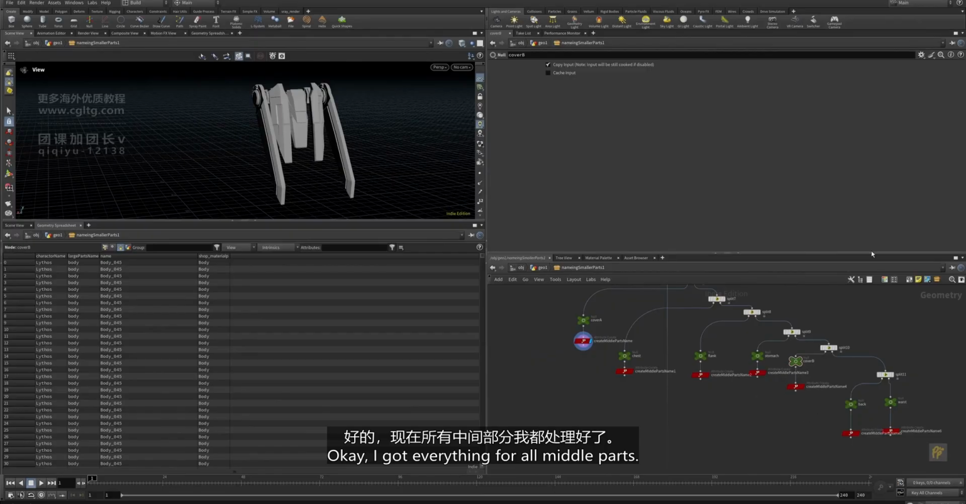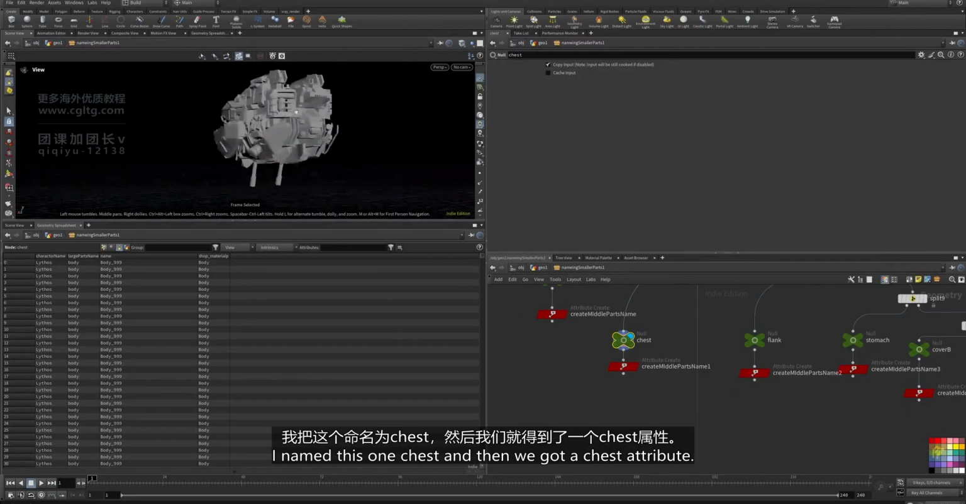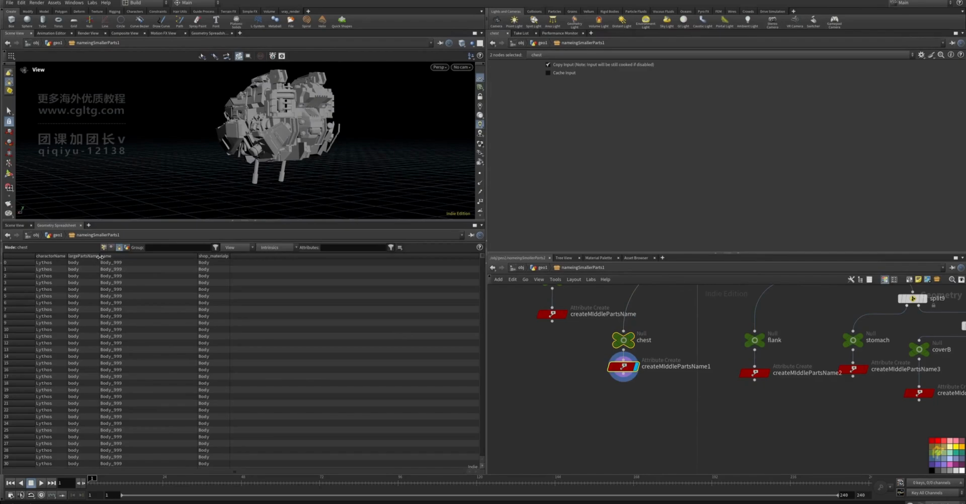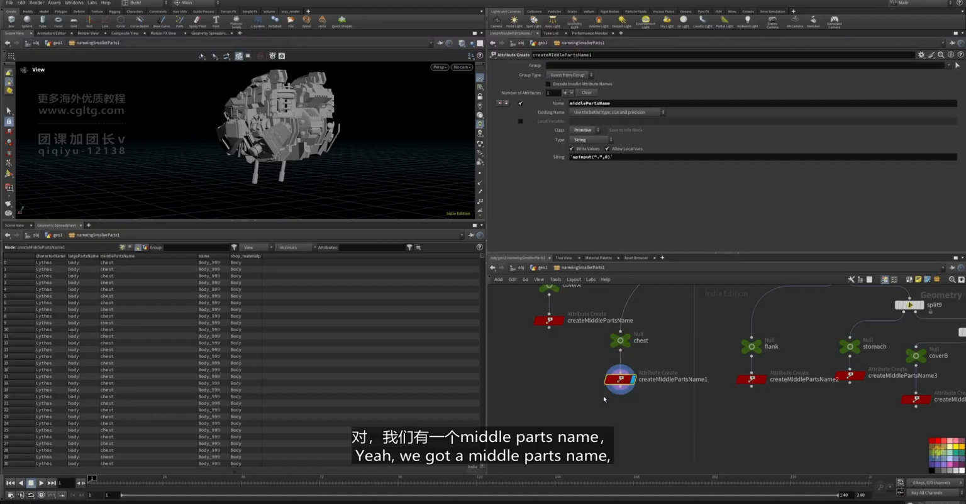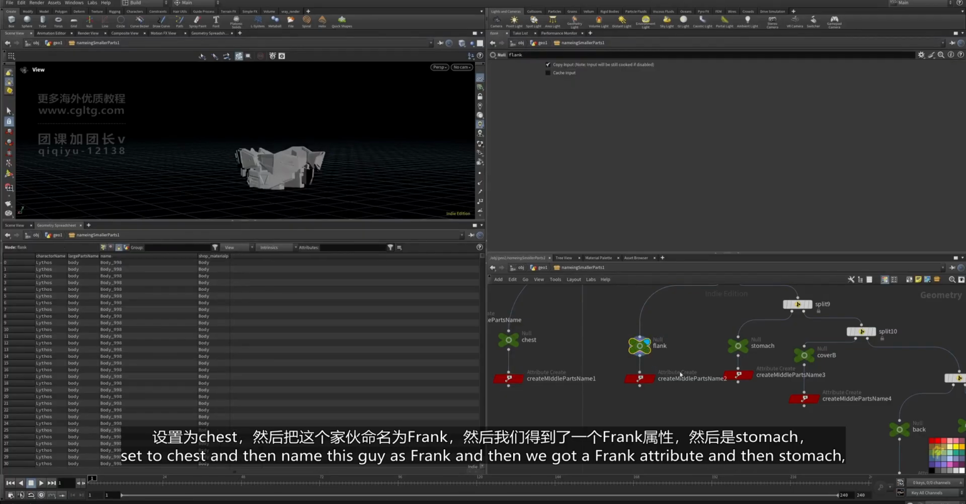Okay, I got everything for all middle parts. I named this one chest, and then we got a chest attribute. Yeah, we got a middle parts name attribute. Sorry, middle parts name set to chest, and then name this guy as flank, and then yeah, we got a flank attribute, and then stomach,